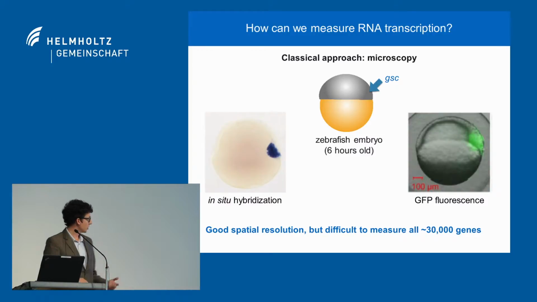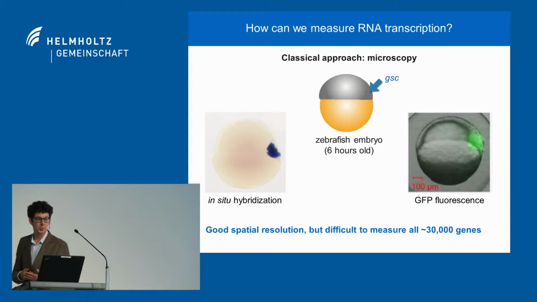So to measure gene expression by microscopy, you can use different approaches, in situ hybridization or GFP fluorescence. Here's an example where we're looking at one particular gene called goosecoid or GSC, which is expressed only here at the right-hand side. And as you can see in these microscopy images, we can measure these spatial patterns with good